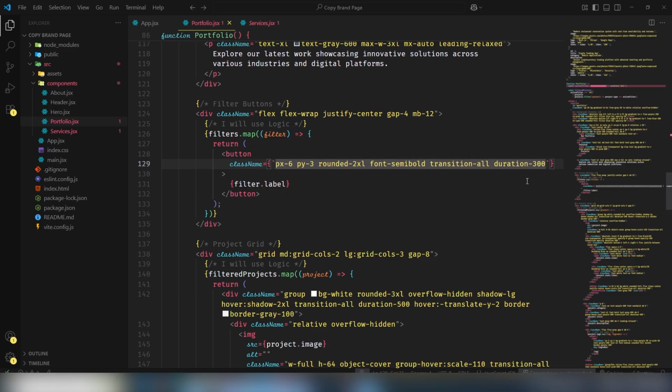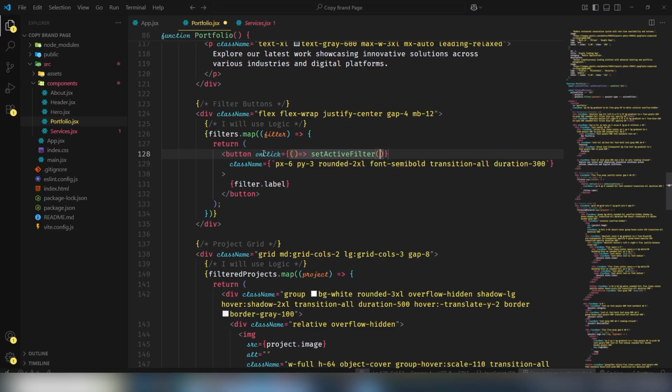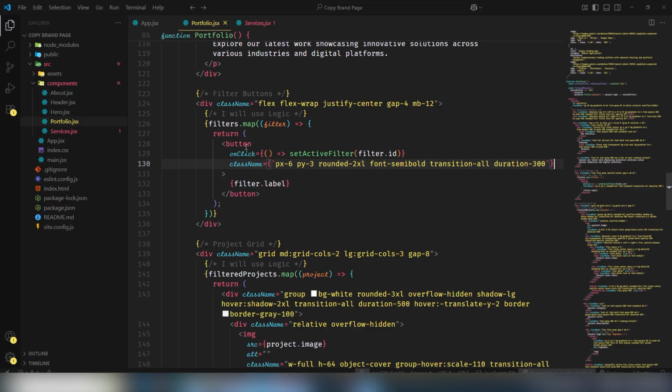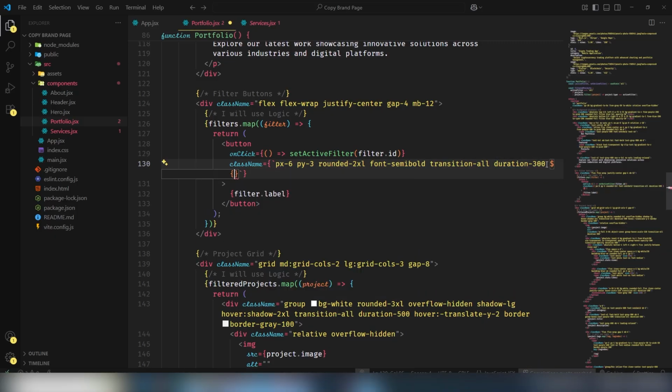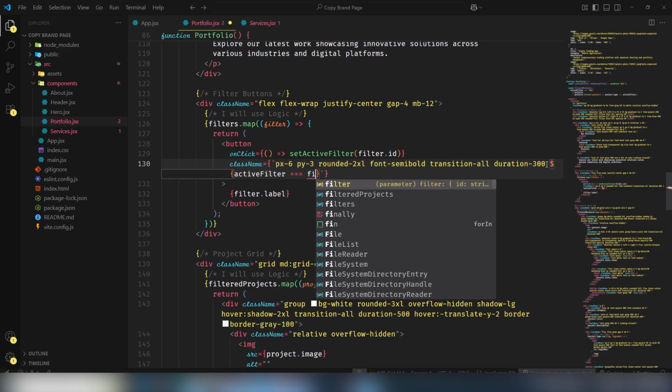First of all, where it is here, it's on click event set active filter function, and in there I'm going to use filter.id. Right, step number 1 has been completed. The next thing, I will assign different type of background color on the button. In order to do that, I'm going to use active filter equal to filter.id